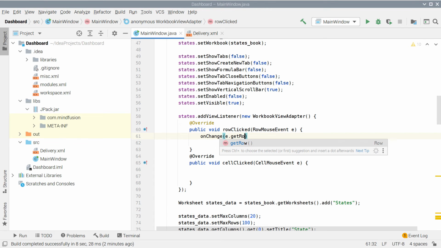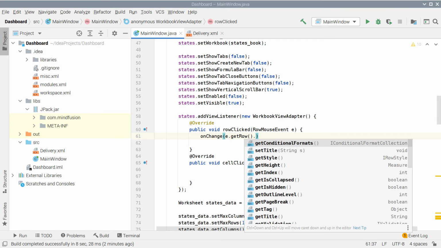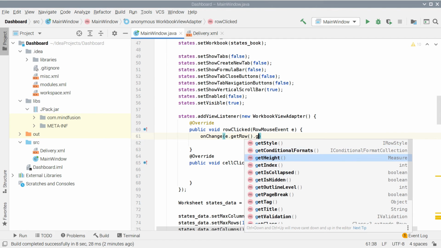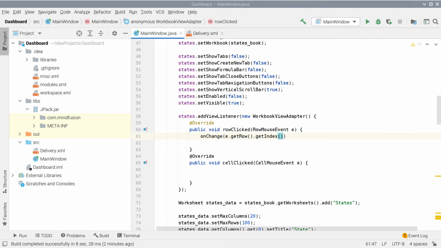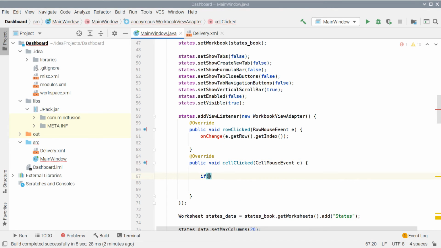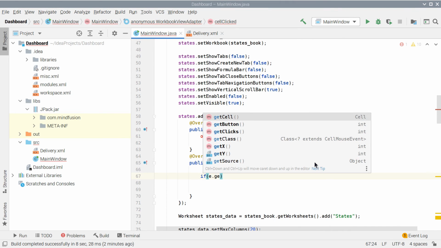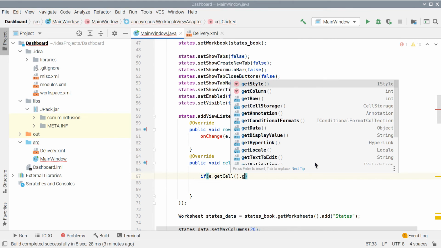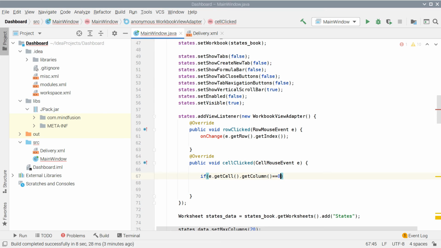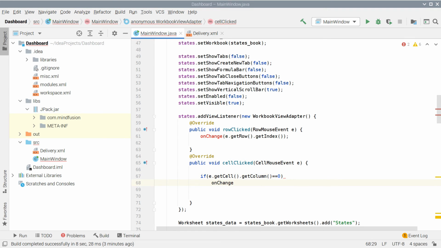Once we know the index of the row, we call a method called onChange, which we will implement next. We call onChange from the cell clicked event only when the first cell in the row was clicked. This means, if the user clicks on a cell that is not the name of a state, we do nothing.